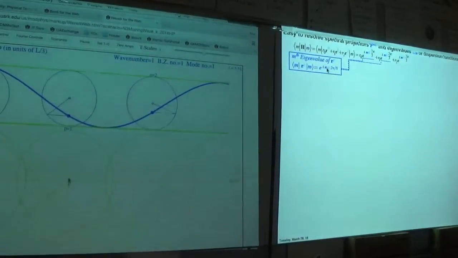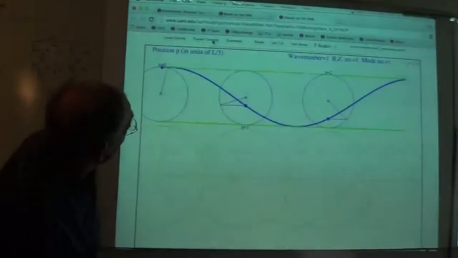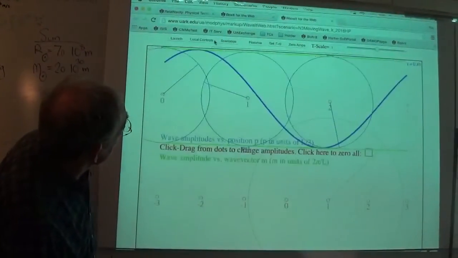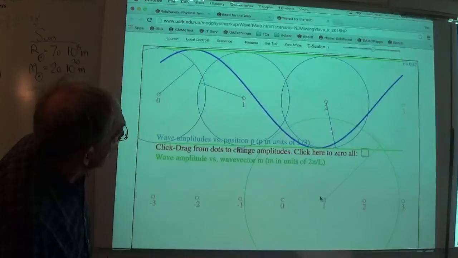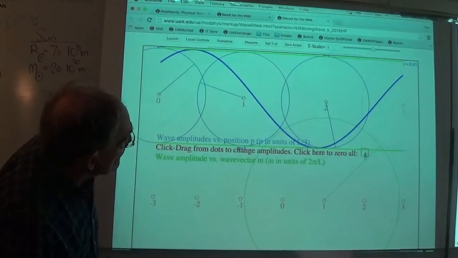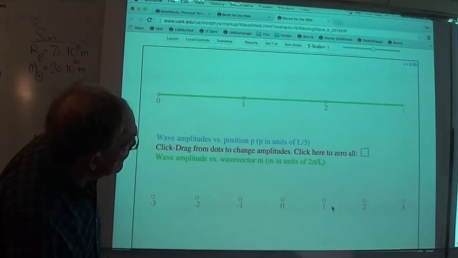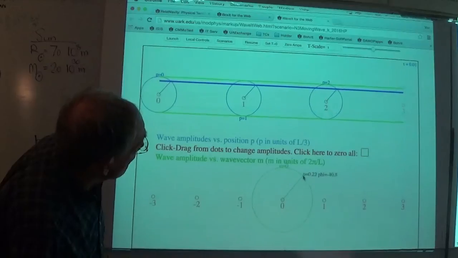I will go ahead real quick right here. This is wave it, and you can just jump right into the Fourier control here. And there's the wave we were just looking at, kill it, and make any other wave. Now this is a really trivial wave right here. This one,